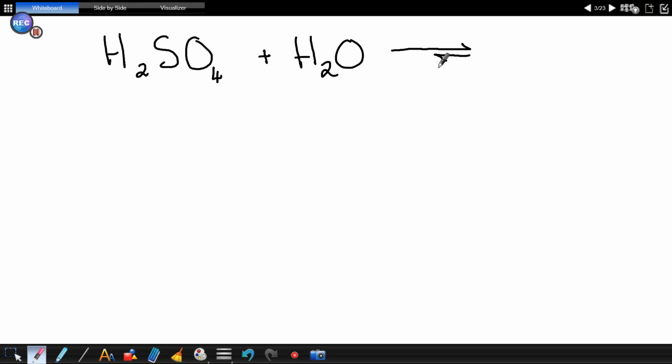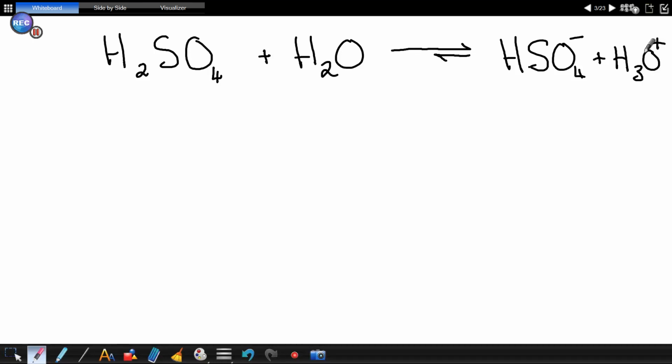You can remove the water, and then H2SO4 will be present again. So it is a reversible reaction. The hydrogen sulfate ion, HSO4 negative, will form,